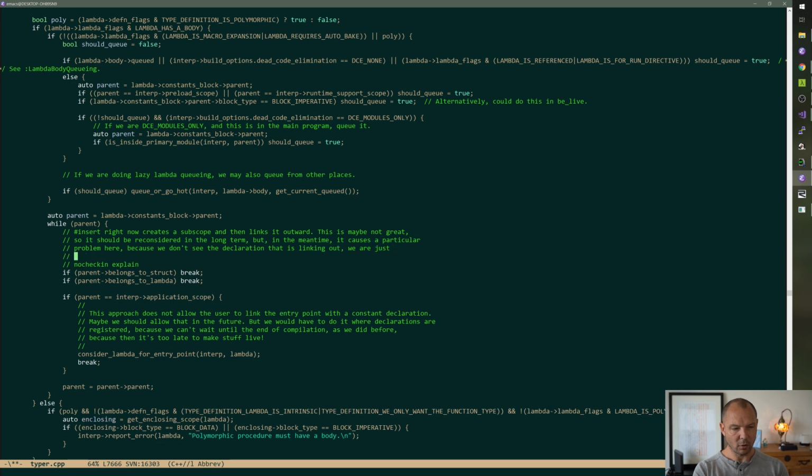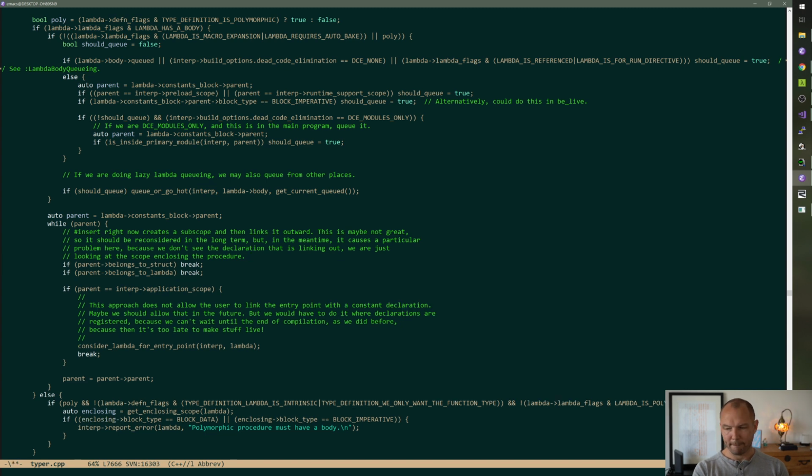We are just looking at the scope and closing the procedure, which will be inside that insert.